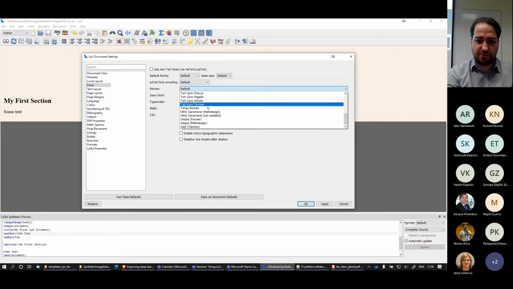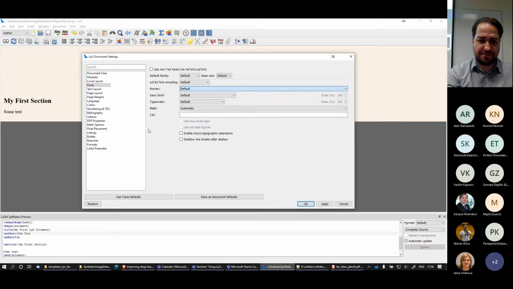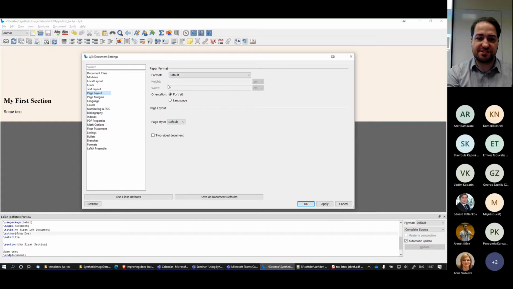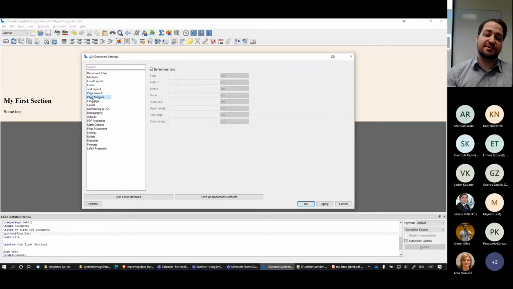It's a standard font that comes with LaTeX, so you can just take it here. Text layout, this is where you choose what kind of indentation you want. Either the usual one where the first paragraph is indented, or you want vertical space. Page layout, this is where you choose what kind of layout you want. Margins, something that a lot of people want to change immediately since they're not used to this more compact layout